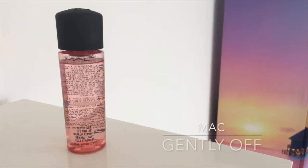Hey everyone, so today we're going to talk about the 10 best skincare products that I think are on the market. So it's all about skincare for the face. These are my all-time ride or die favorites that I use. So let's go. Okay, so the first thing that I have here is the Gently Off Eye and Lip Makeup